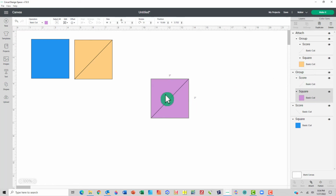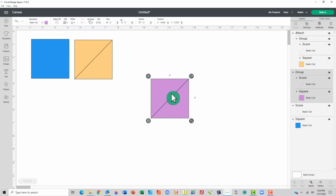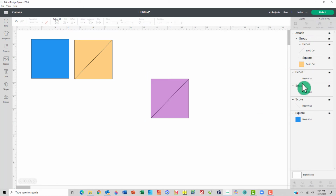Oh, they're grouped. I've got to ungroup it. So I'm going to click on the group. I'm going to come up to the top and ungroup it. So I want to move the lines so they're after the square. And we'll double check when we cut. But what we really would prefer is to have the diagonal lines. Oh, did I lose my diagonal line? Oh, there it is. Okay, when I move these together,